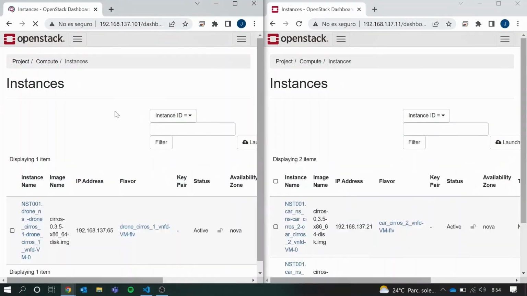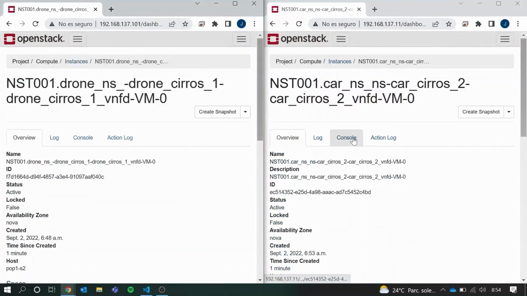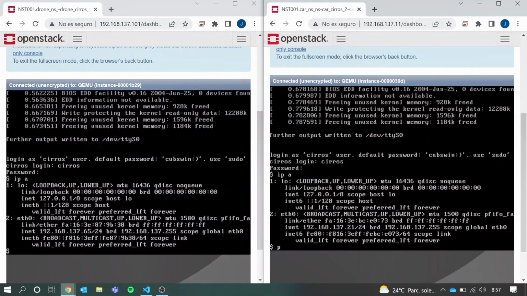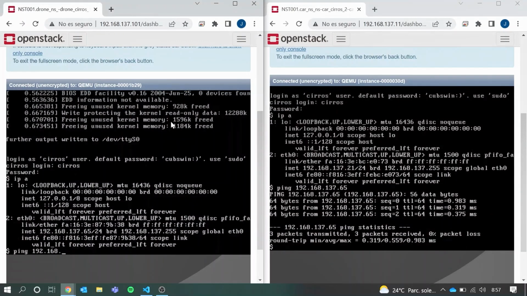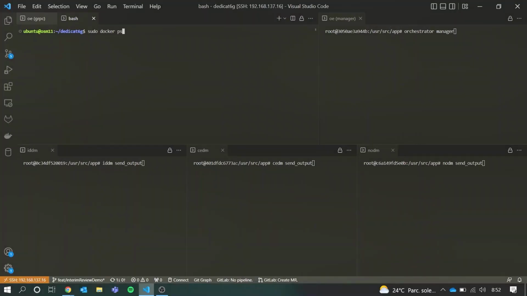To test the end-to-end connectivity in this multi-site network slice, we can directly access the VNF instances in both OpenStack. We can see how the 3 VNFs, 2 in the emulated OpenStack and 1 VNF in the drone, are instantiated and belong to the same backbone. Next, we show in the terminal how virtual machines associated to the VNFs placed in different nodes can reach each other just by pinging between them, thus demonstrating the correct provisioning of the network slices commanded by the orchestration engine, which can be suitable for a real coverage extension as a service request.